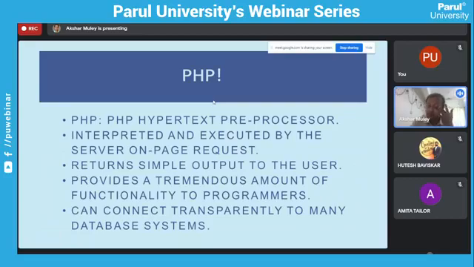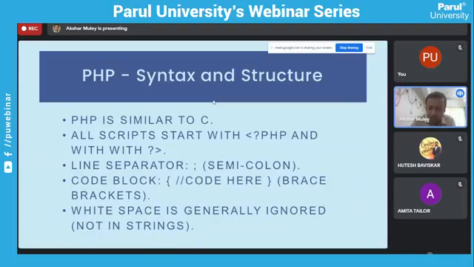So there are a number of databases available, like Oracle, Postgres, SQL, MySQL. Whatever the database software or database systems are available, I am talking about the DBMS, we can integrate with our PHP code or with our PHP program. Now, as I showed the PHP syntax and structure, the basic PHP is similar to